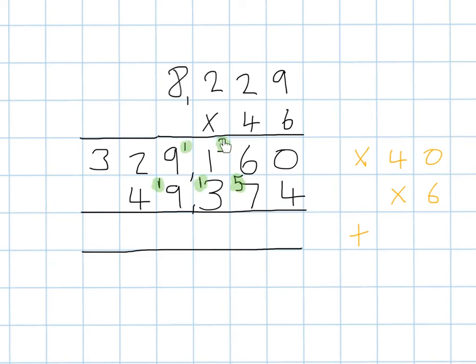As always, we ignore any previous carrying. So 4 units is straightforward. 60 add 70 is 130. So 30 goes in the tens column and 100 is carried. 100 add 300 add 100 is 500. 9,000 add 9,000 is 18,000. So I can put 8,000 there and carry the 10,000 over. 20,000 and 40,000 and 10,000 is 70,000. And 300,000 stands on its own. So our final answer for 8,229 multiplied by 46 is